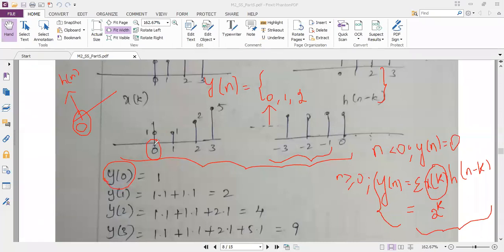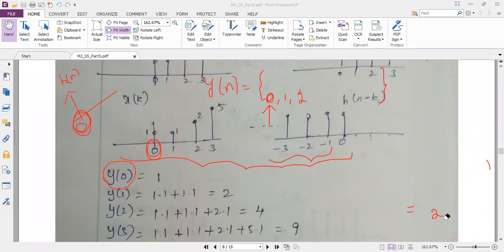So index of x of n is 0, index of h of n is 0, so my output index y of n is also 0. When we solved the very beginning problems, as soon as I shift, I will just multiply it so that I will get the output for y of 0. Are you remembering this step? The very first two problems when we solved it, after shifting operation, directly we multiply so that we get the output y of 0. Do you remember, or you can turn the sheets and tell me?